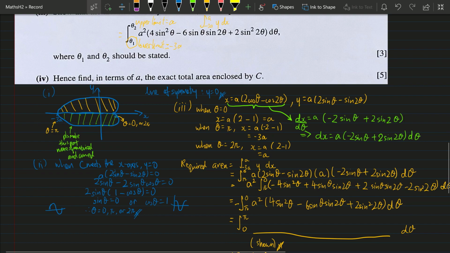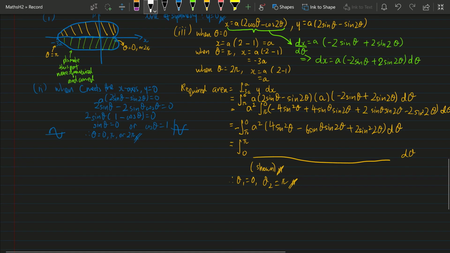We've proven this integral, now we just need 2 times of it. So the required area, I'm going to write this down. Required area is equal to twice the integral that we have proven in part 3, from 0 to pi,